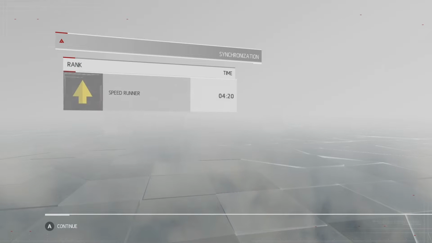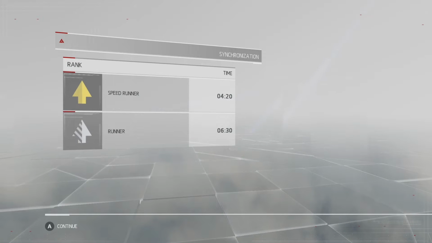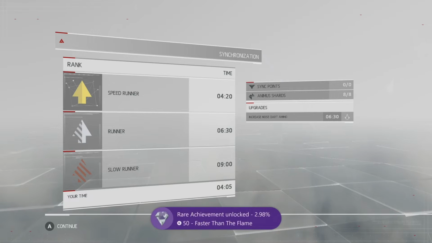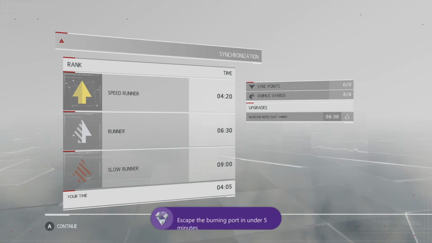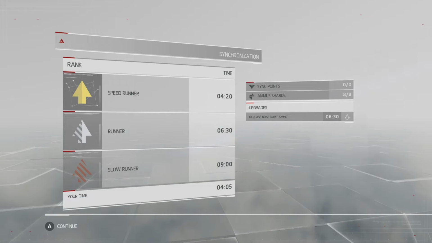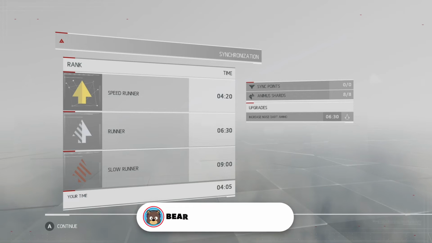Alright, and that is the end of this memory. Like I said, 4 minutes and 5 seconds was my run, and the maximum time you can get to get the speedrunner rating is 4 minutes and 20 seconds. And if you made sure that you were within 5 minutes, so you got the speedrunner rating, you will also unlock the achievement Faster Than Flame. That is a given if you are going for the Completionist rating on this level,